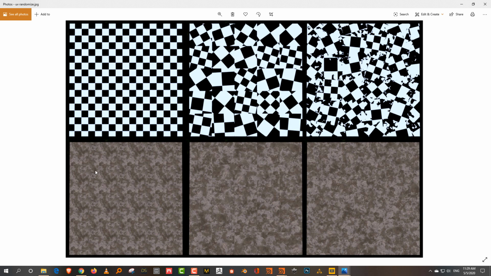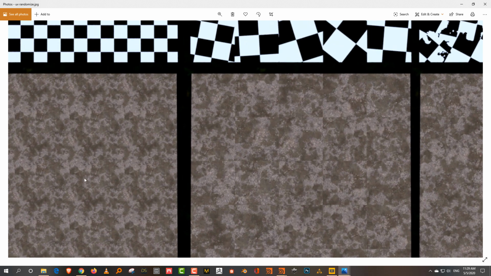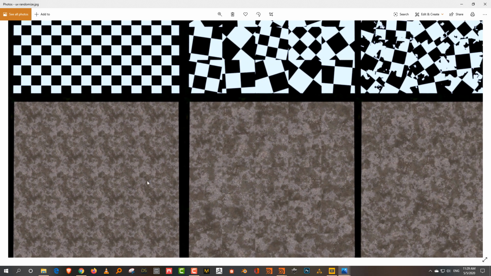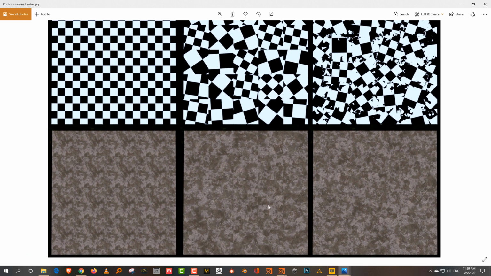What happens is that the tiling pattern that you're getting, even though the texture is completely tileable, so you're not getting too many repeat patterns, you will eventually start seeing repeat patterns if you tile it up enough. So what the UV randomization does is it randomizes the whole thing, it randomly rotates and everything depending on your given input.